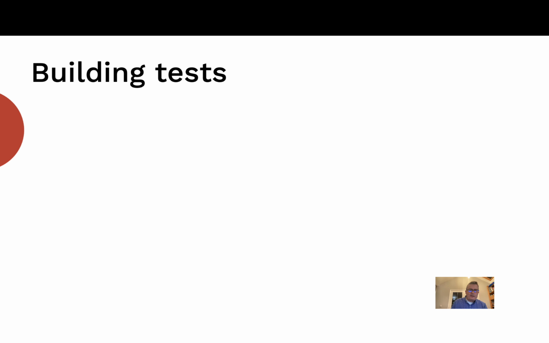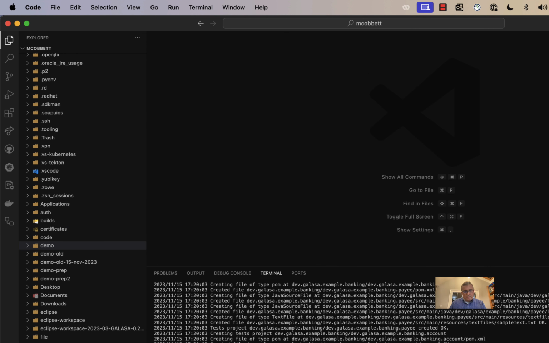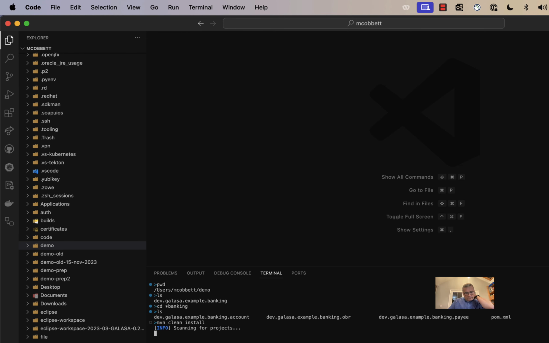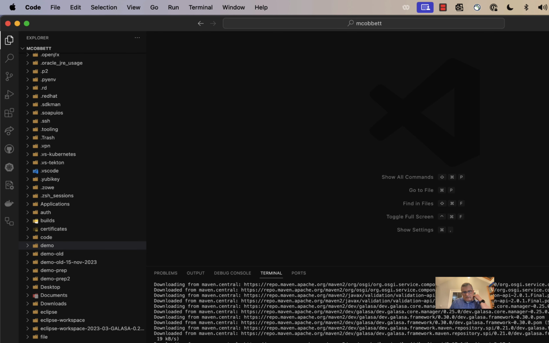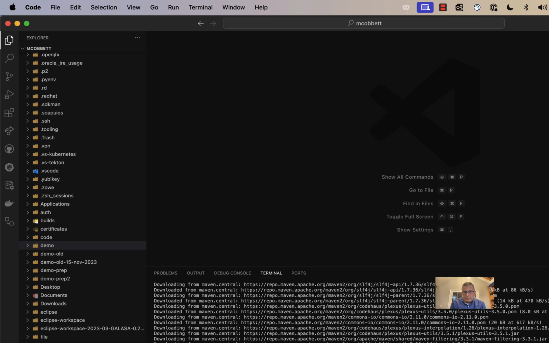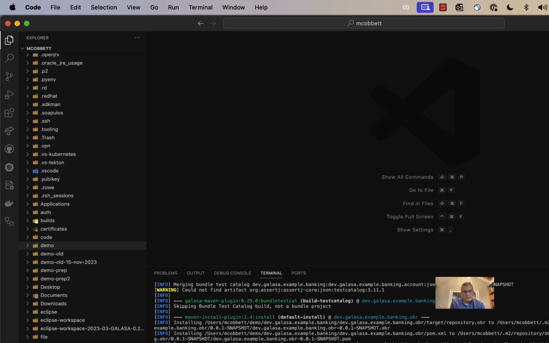So now we've generated a Galasa project, I need to build it. Now, when I created these artifacts, I said I wanted a Maven build system. So if I go into the banking folder, I'll have a POM XML. There it is. And if I do Maven clean install, it will pull down all the dependencies I need to build the test and run the test. And it will build the test code that we just looked at,